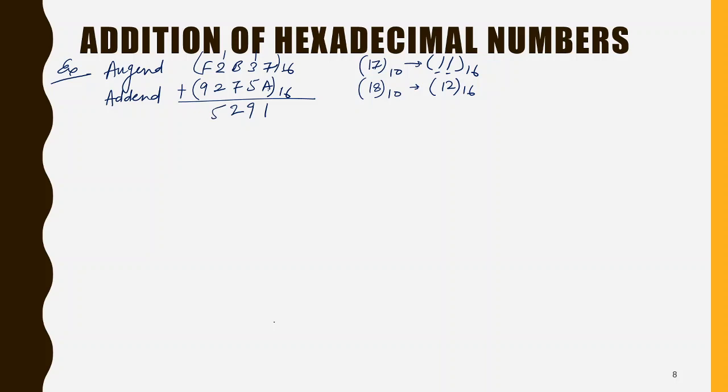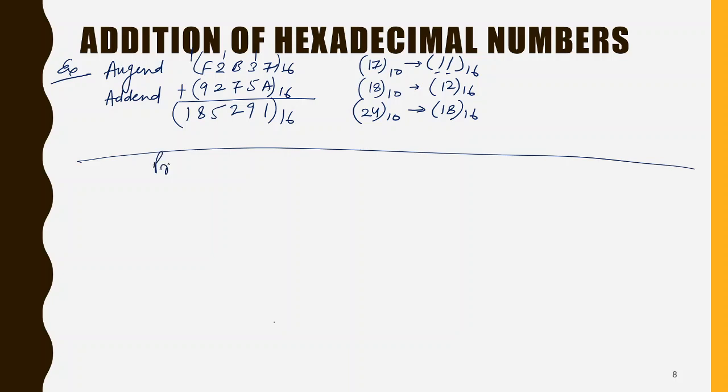F plus 9, that is 15 plus 9, is 24. In 24 you have 16 and you have 8, so that is 1 8. So 8 I will write here, 1 goes to carry, and this 1 comes directly to the answer. Now I will write some practice questions